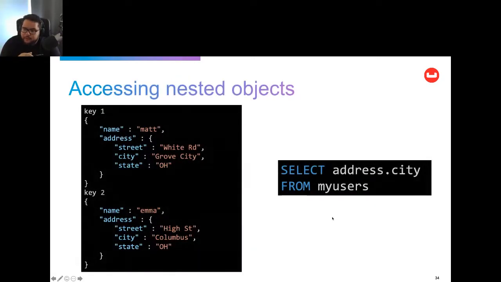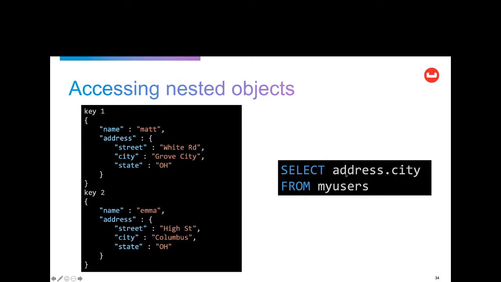Another power of SQL++ is how you access nested entities. So let's say you want to select the city of the users. You can simply traverse the whole structure using the dot operator. So if you want to select the city, you can simply select address.city from my users. This is naturally nothing new. Probably you guys have been doing this with your ORM frameworks, but remember, this is something natively supported by